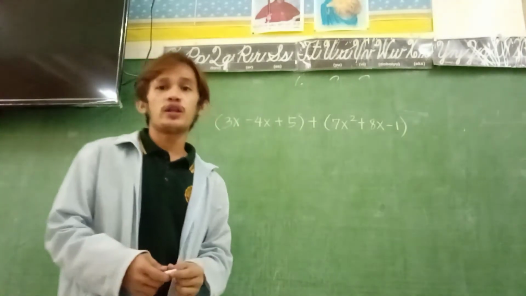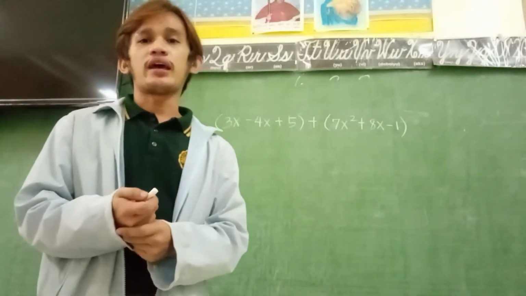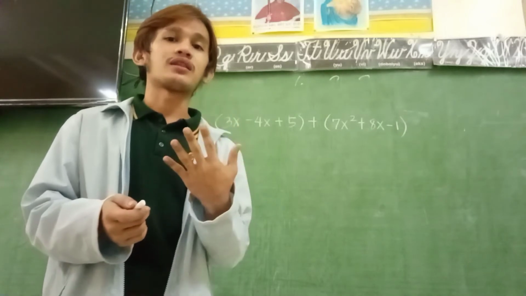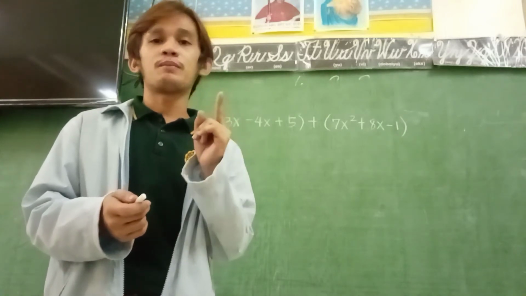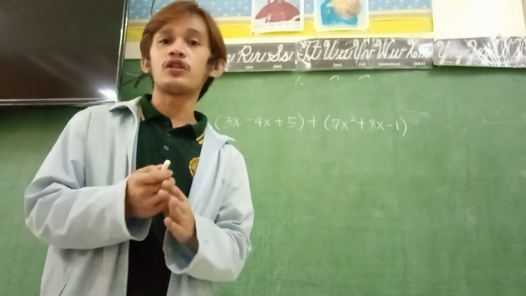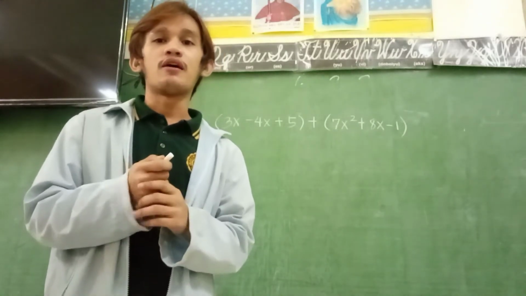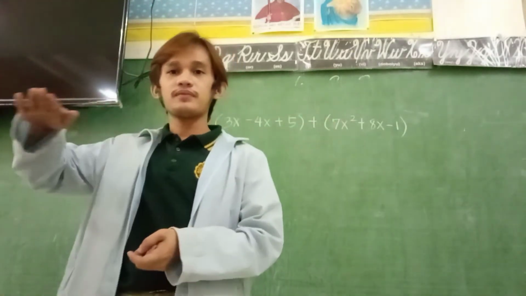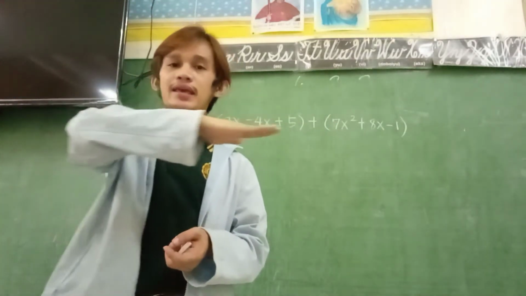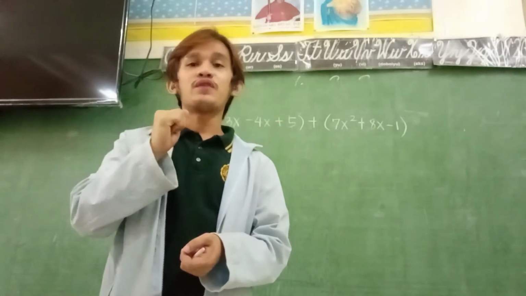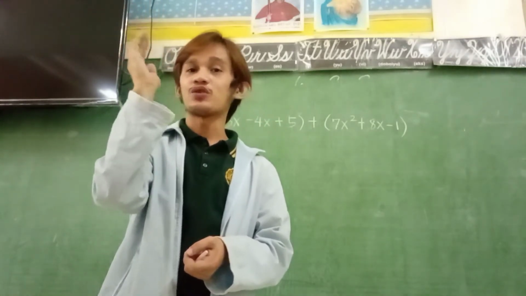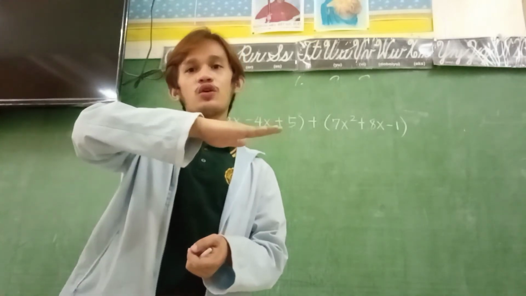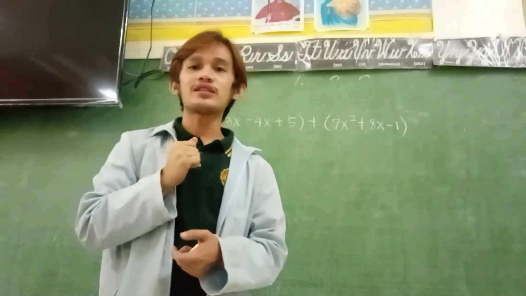So, when it comes to polynomials, specifically addition and subtraction of polynomials, we have two ways on how you are going to do that. The first method is the horizontal method, while the other one is the vertical method. So, pag sinabi natin horizontal, pahiga siya. And if we say vertical, nakatayo siya. Diba? So, that is how you are going to differentiate the two. Yung horizontal nakaganto, while the vertical is yung nakaganto. So, let's start first with